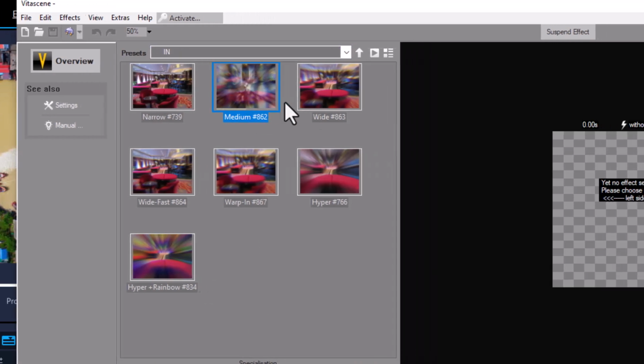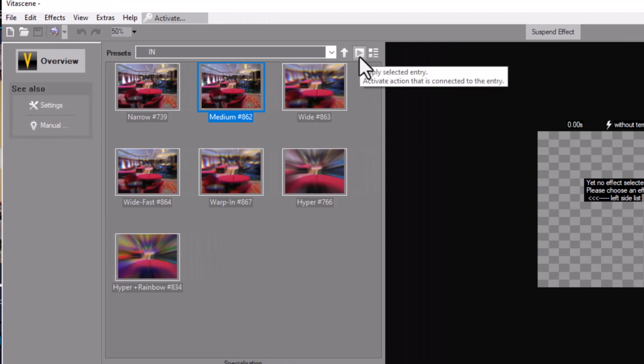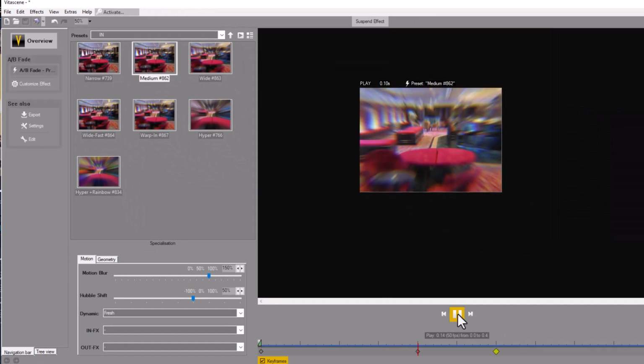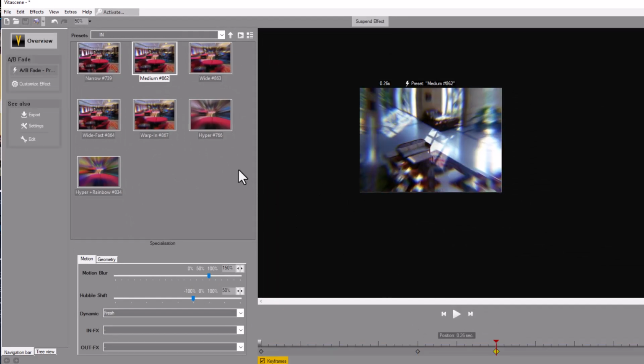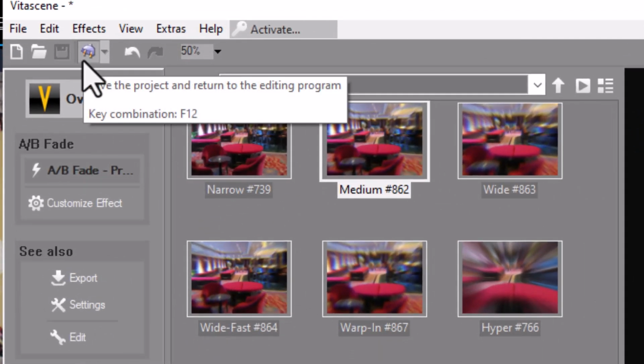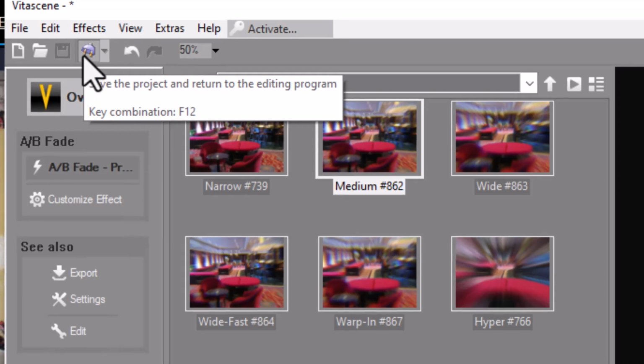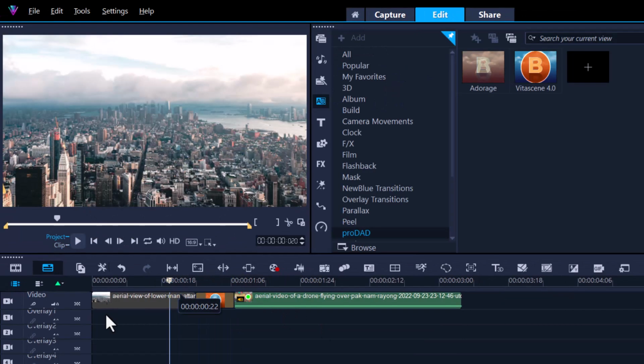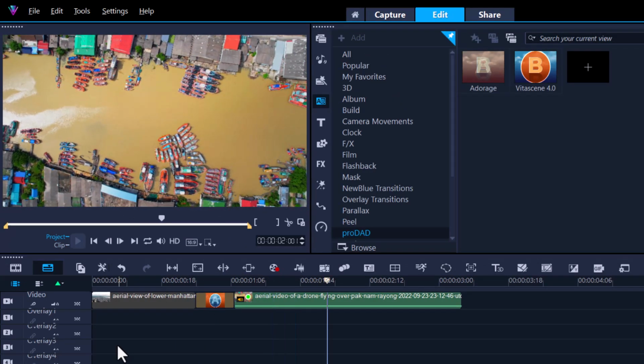Now to apply this, use this little button over here. It literally says apply selected entry. We'll click on that and that'll give you a small demo of what it does. Now if you're happy with that, you can literally just press the keyboard F12 or this little plugin here, which then also brings it back to Video Studio. Let's just use this. Okay, and then here we have the transition in action,